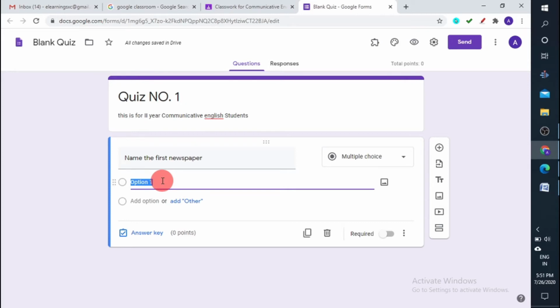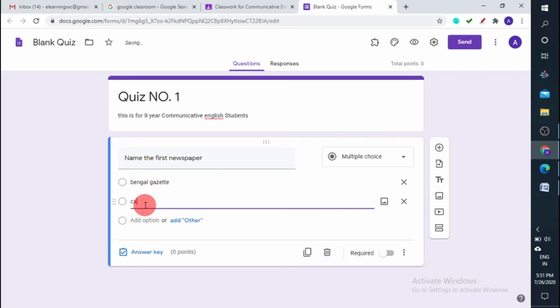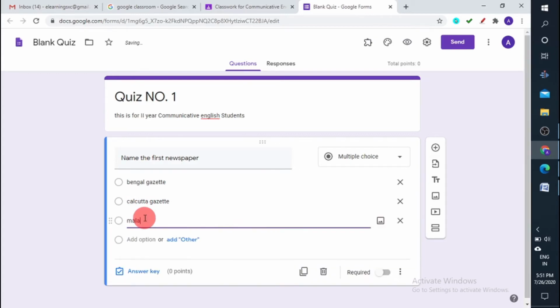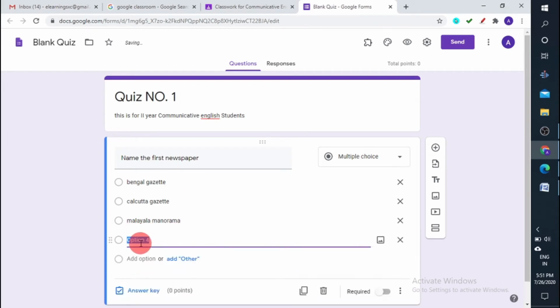The options are Bengal Gazette, then Calcutta Gazette, Malayalam Manorama, Rajya Samacharam, and these are my options.